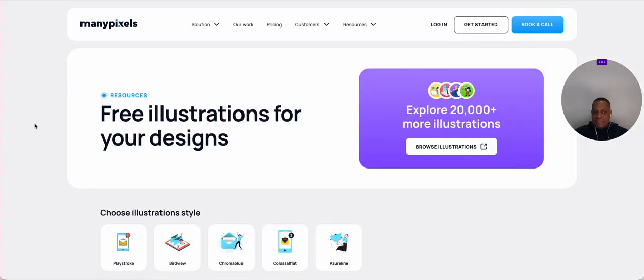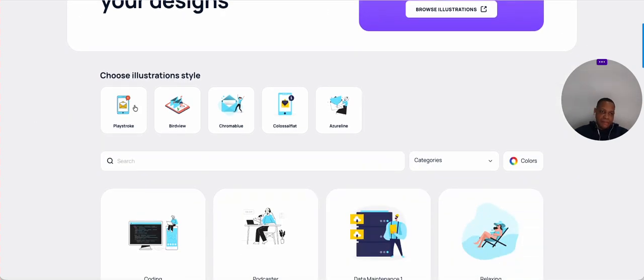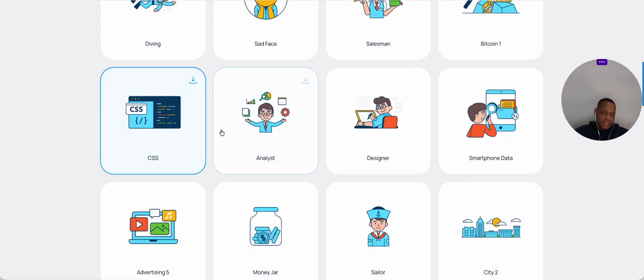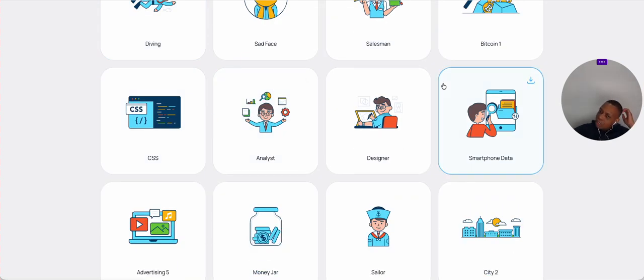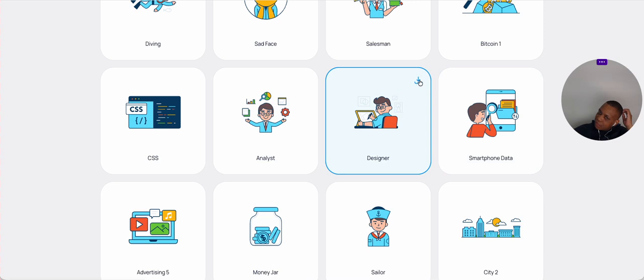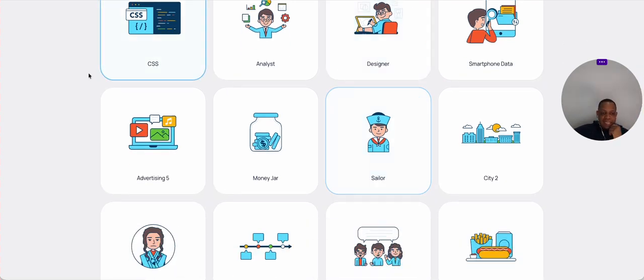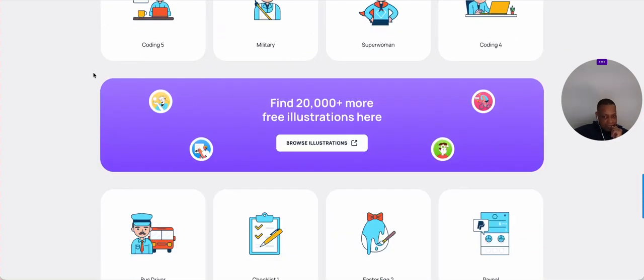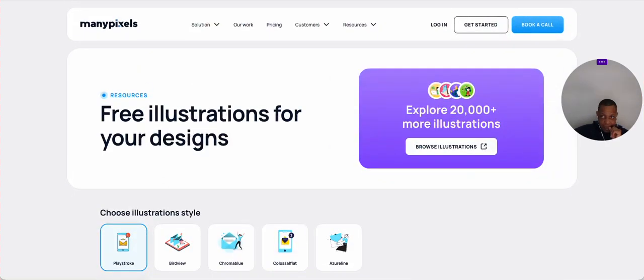Next, ManyPixels, same thing. Get there, Play Store, whichever one you want, and you just download. There, that's the download button. Easy, guys, easy. Nothing too complex about that, right? Next,